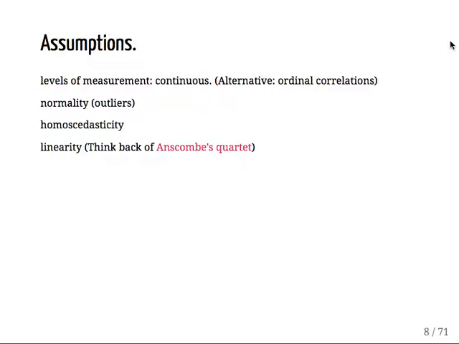So you also have the assumption of homoscedasticity. It's the same as Levene's test for variances. So it's the same type of test that we had with ANOVA. Homoscedasticity or heterogeneity is the same type of terminology. And the pattern has to be linear. So you remember again, if we look back to the data source and those quartet type of graphs, we could have the same correlation, but it could have very different underlying patterns. It could be nonlinear, it could be a curvilinear pattern, or it could be driven by an outlier. So those are the assumptions for making inferences about